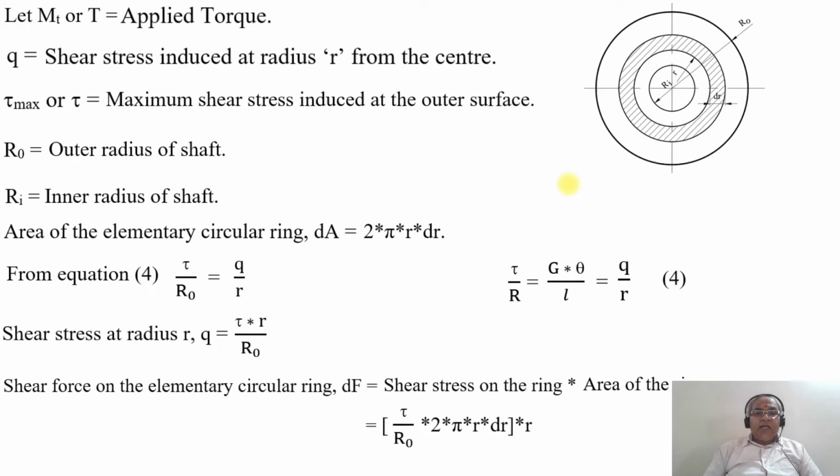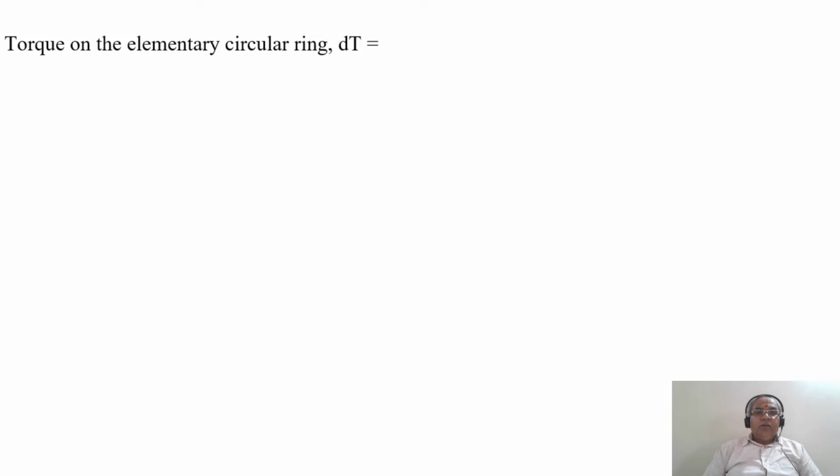So that is tau by R0 into r, into dA, which is 2 pi r into dr. So you are getting tau by R0 into 2 pi r into dr into small r. So tau by R0 into 2 pi r square into dr, which will be equal to